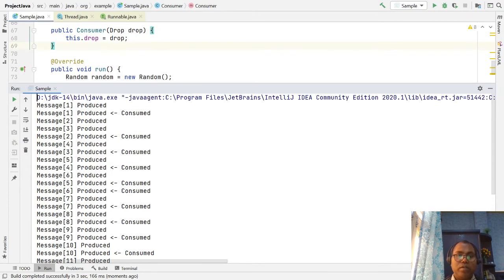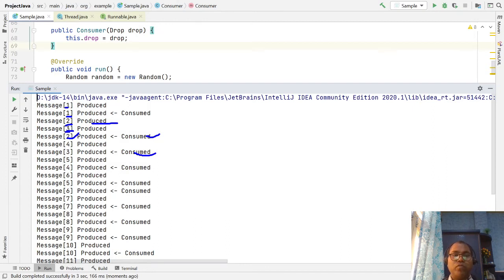Let's see here, look. Yes, so one is produced, one is consumed, two is produced, two is consumed. Then three is produced, three is consumed, two is produced, two is consumed, produced, consumed.